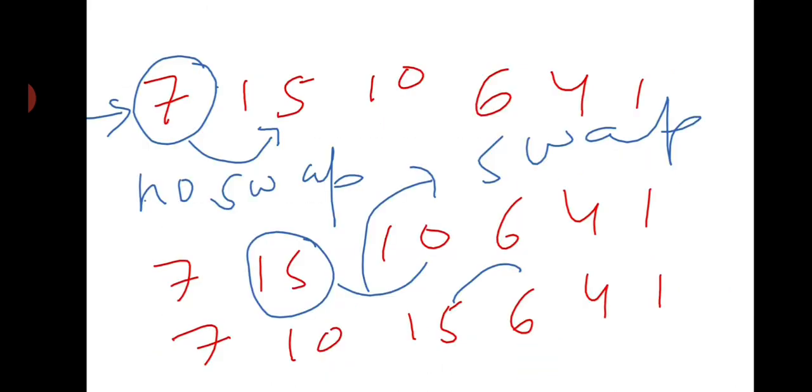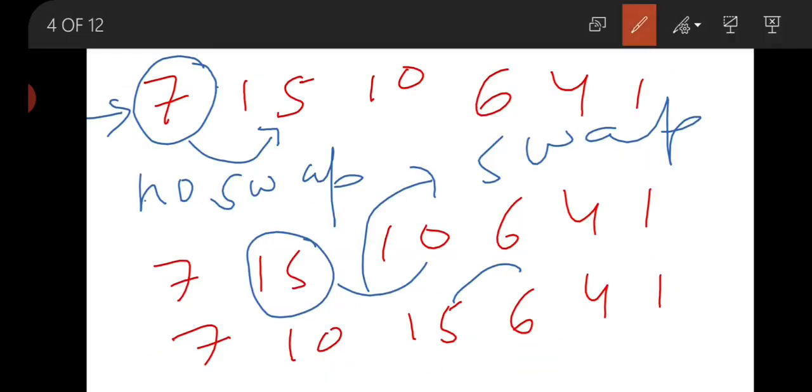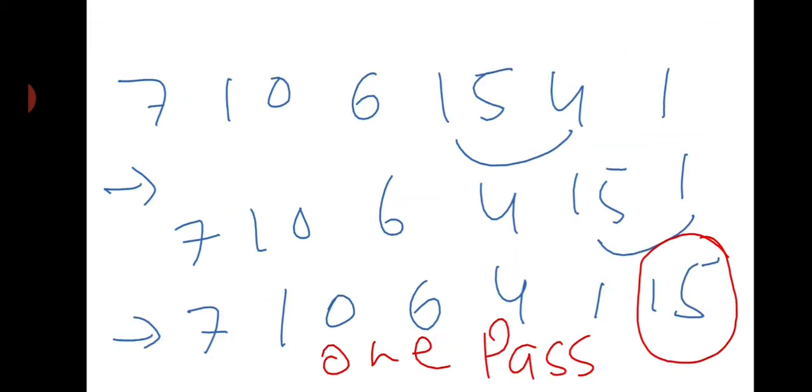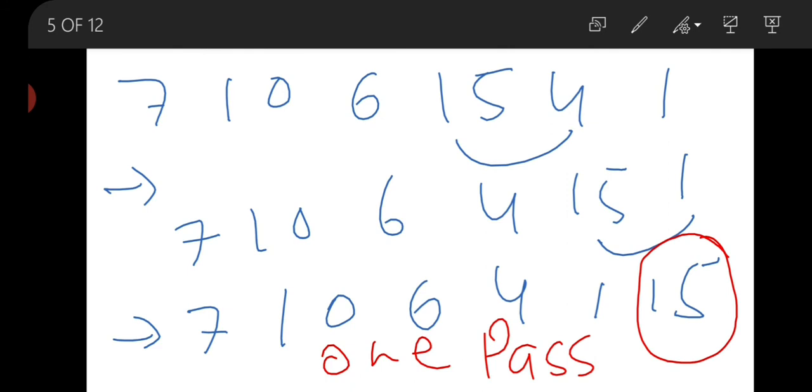Sorry, this is your first pass. Now here, the first element is going to compare with the 1, 2, 3, 4, 5 elements. In your first pass, the first element is going to compare with the n minus 1 values. There are 6 values and the first value is compared with the 5 values in the first pass. Similarly in the second pass, one pass is complete here.